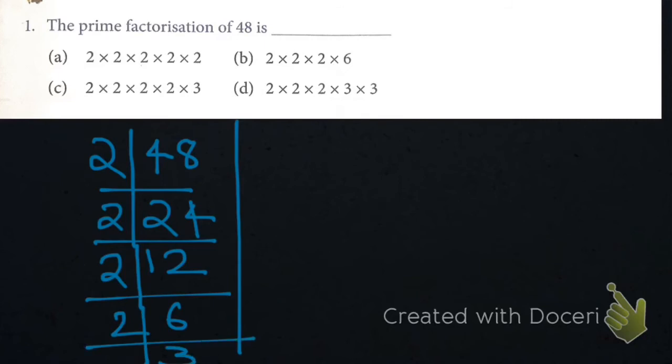Now students, what is the prime factorization of this? 2 into 2 into 2 into 2. So 2, 3 times. Okay, sorry, 2, 4 times. Here you can see that 2 is 4 times and 3 is 1 time. This is our answer. We can also solve it by tree method. So let's do that. I am writing it here, method 1. Let's solve it by method 2.